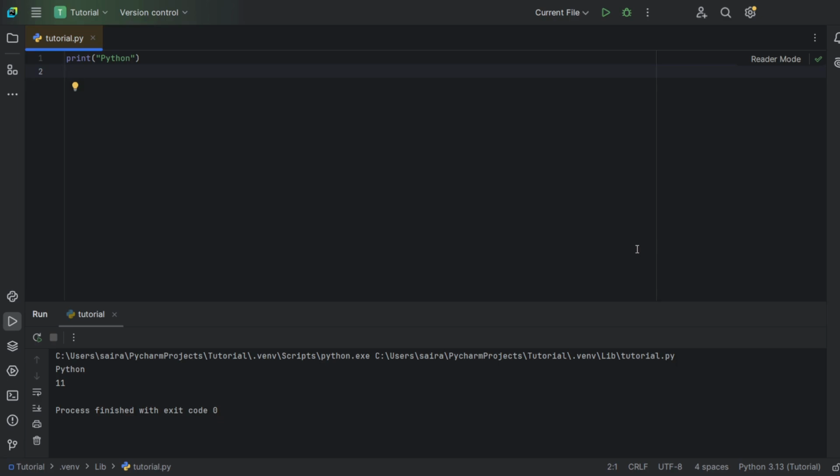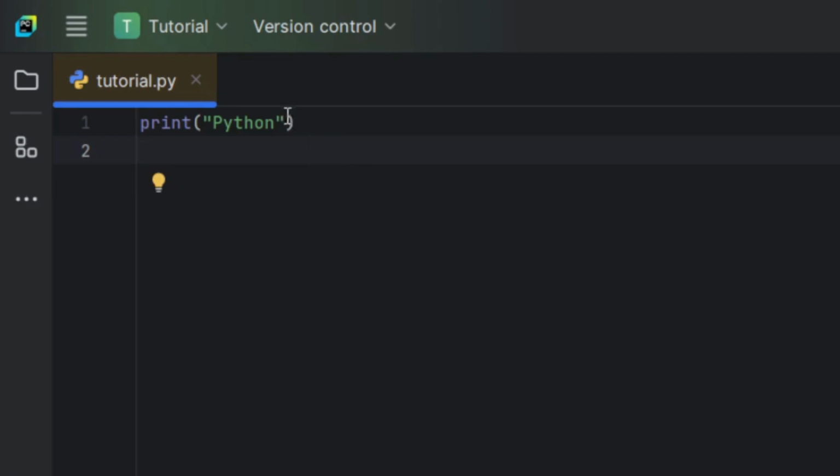Now, we have discovered two important function components, the effect and the result. But what matters even more is the argument. Over here, Python is an argument. Python functions can accept any number of arguments, as many as necessary to run a task. But regardless of the number of arguments needed or provided, all of the arguments have to be within the brackets. So now let's take a different value. Let's take PyCharm.